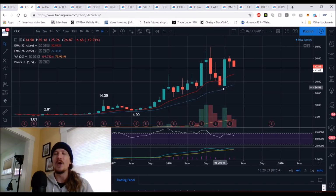All-time high, low of the 50% dump, lower high is 51.81, and we will be looking for a higher low in the upper to mid $30 range if we break 41.68. So monthly tightening range, perhaps giving us a little bit of a precursor of what to look for on the S&P 500. If this is what the S&P 500 is going to do, CGC is pretty much one step ahead, one candlestick ahead, as SPY is forming this candlestick on the month right now,